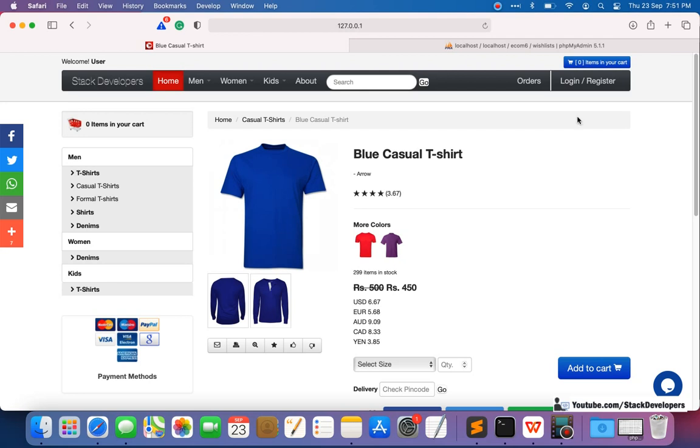And one more thing: this feature is only available if the user is logged in. It is not for the logged out user. It is not for the user who has no account. The user must have an account on the website to use this feature. Okay, it happens in every website, even in Amazon or other websites, because it will not serve any purpose if the user is not logged in. So we will ask the user to log in first, and only then can he add a product to his wish list.